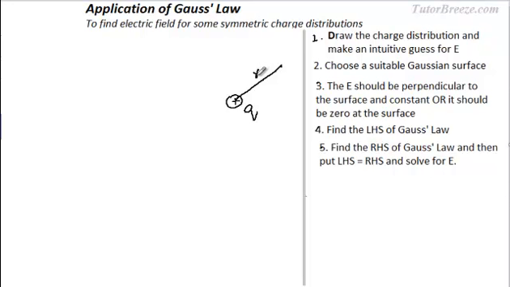Now moving on to the next step, find the left hand side of Gauss's law, which means you find the total flux through the spherical Gaussian surface. Oops, so I told you that the Gaussian surface is spherical. Anyway, now remember that when you are finding the flux, you need to take E outside the integral and integrate over the area. I'll give you a small hint. The surface area of a sphere is 4 pi r square.